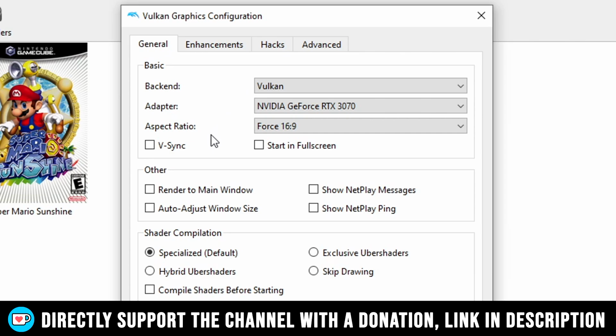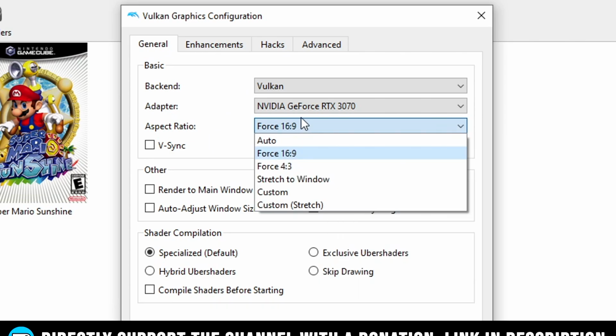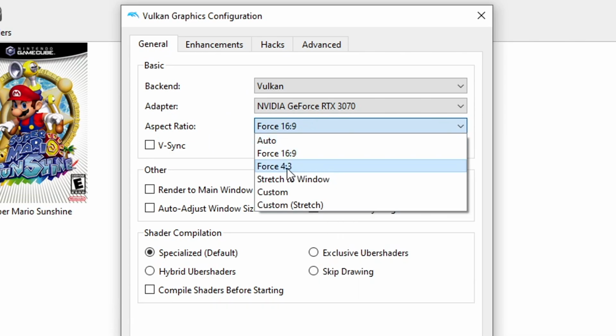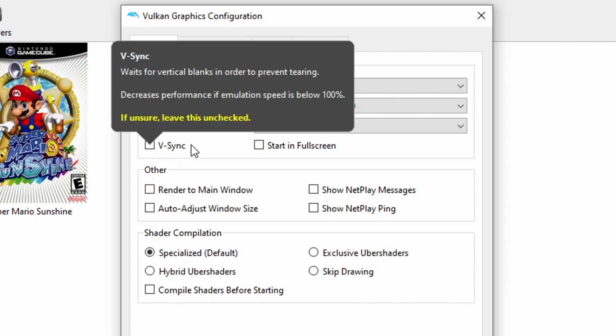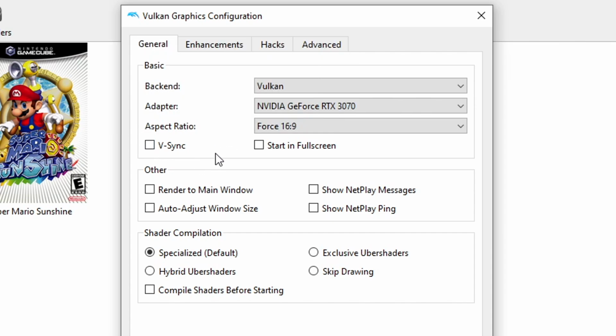We're gonna get into that in a little bit. But if you wanna play their games on their original 4:3 aspect ratio, you can click on this one too. But that's gonna depend on the game, of course. Next, right below that, we have the VSync option, which is obviously to prevent the screen tearing that can happen on some games here on this emulator. In my case, I don't like using this one because I'm already using the VSync from my graphics card.